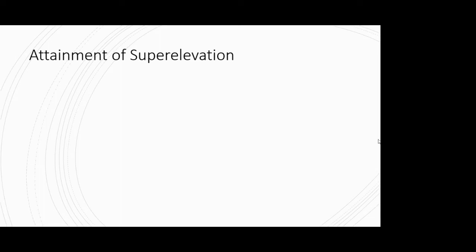And we had also seen 2 numericals which were differentiating. In the first one we had to find a superelevation, and in the next two we designed a superelevation. So there was a clear difference in both of them. Now, having analyzed this superelevation, either you find it or you design it.